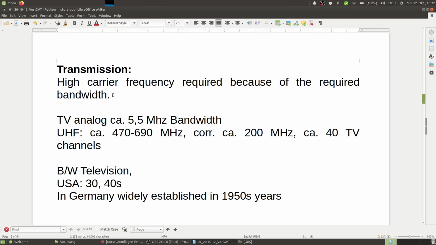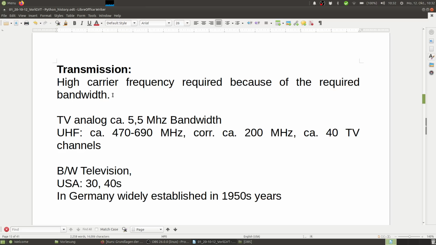We have many changes of intensity per second, and that means we need to have a high bandwidth. Right? Remember, it needs to be fast enough for the eye to not see that it's just moving points one after the other. So we need to have correspondingly rapid changes of intensity,